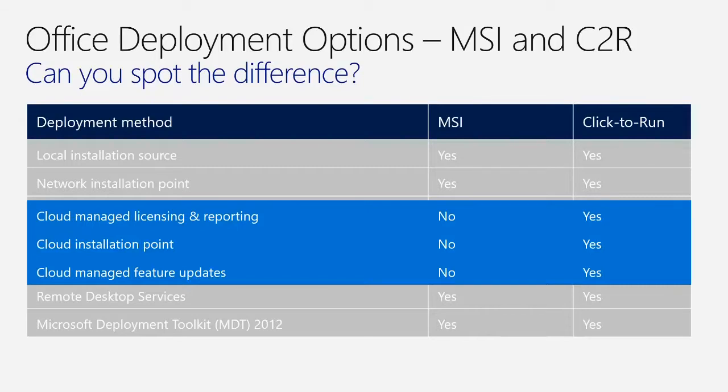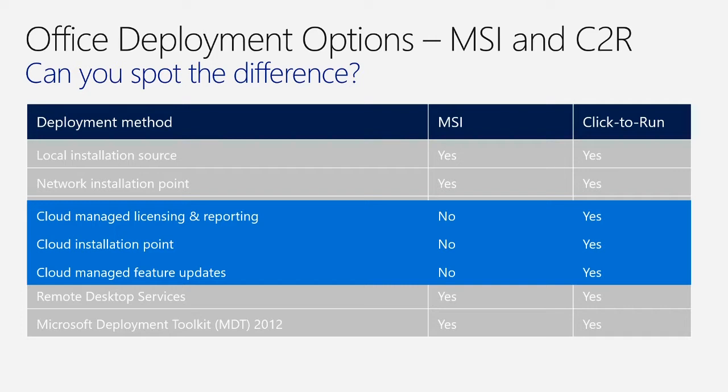So what's really different here is really around the install points and feature updates that we've already talked about. It allows us to manage licensing in the cloud. So if I have 365 already, I have Exchange, SharePoint for my users. I've also got licensing for those users for Pro Plus. So there's a licensing component you need to consider versus the MSI. They weren't licensed together, MSI and your 365 products, but with Pro Plus it is.